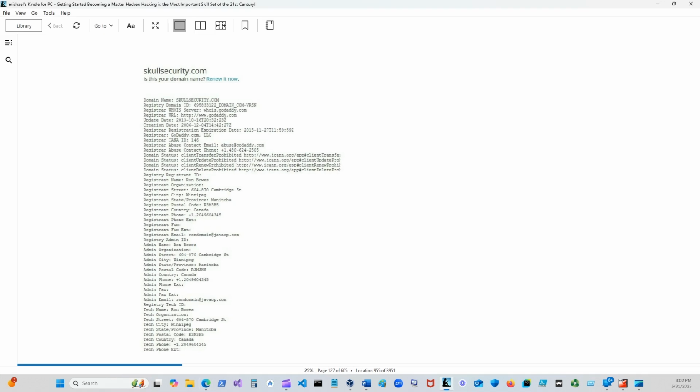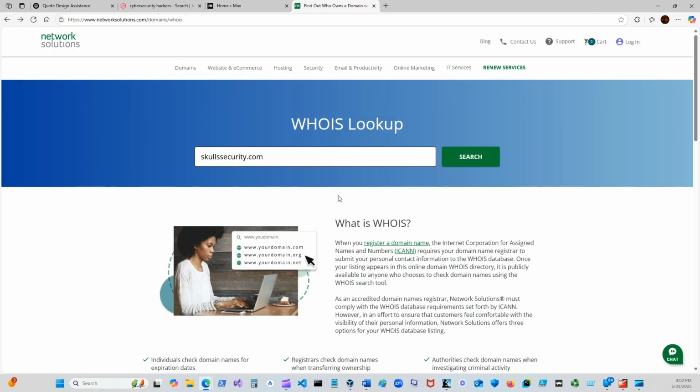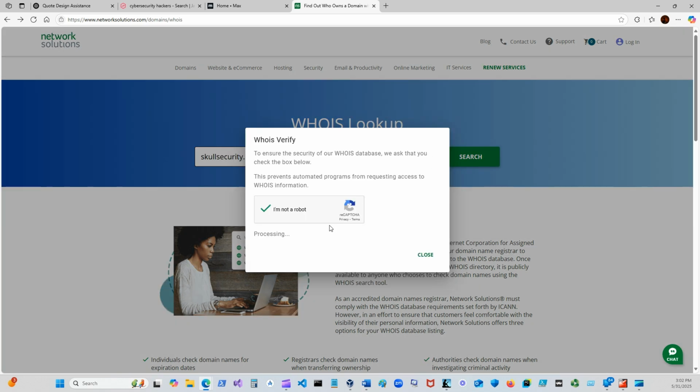Is it Skulls Security? Oh, it's just Skull Security. Search, processing.